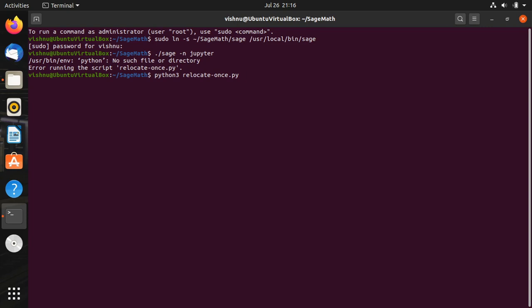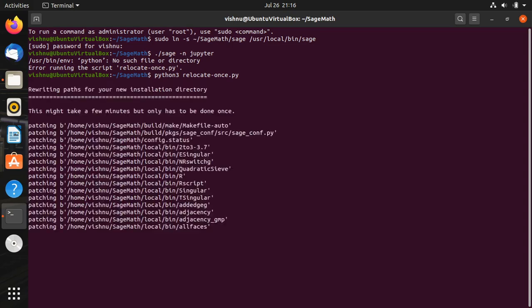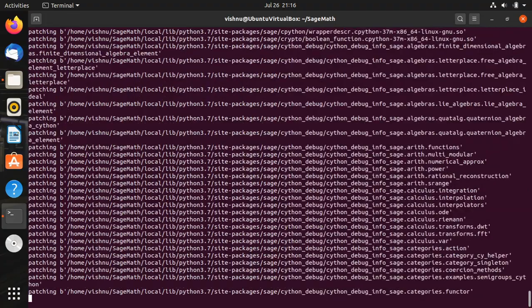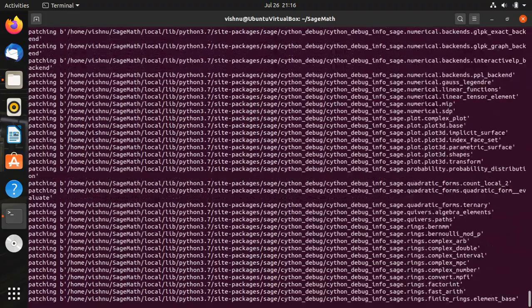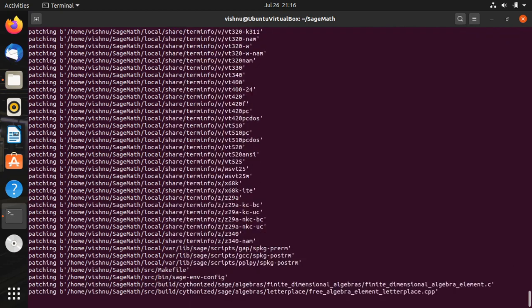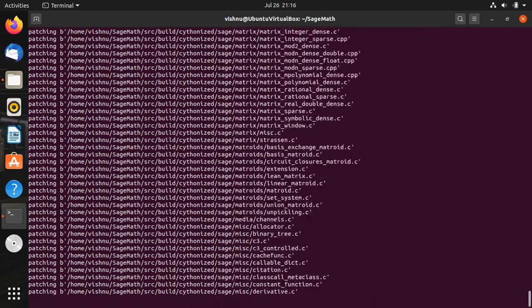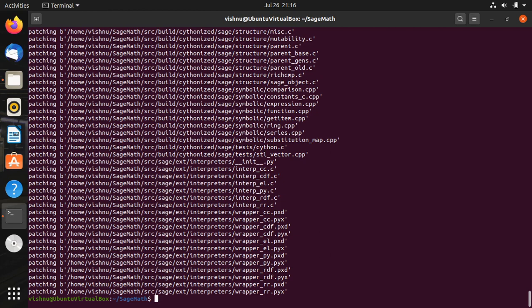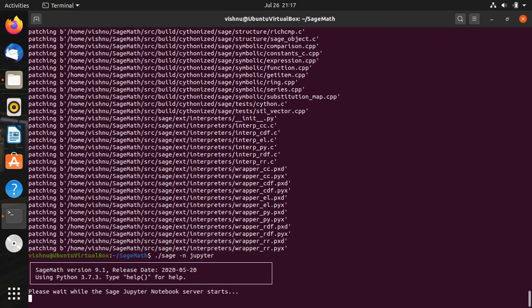I'm running that Python script. This is only a one-time process. Pressing the enter key, a number of lines scroll upward. Now once again trying with the previous command, ./sage -n jupyter, pressing enter once again.